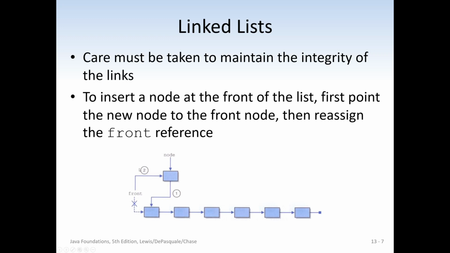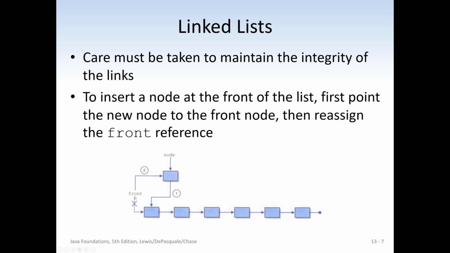Then we would say front equals node. That makes the new front this node, and the next reference of the new node points to the old front reference. We have to do it in the right order, because